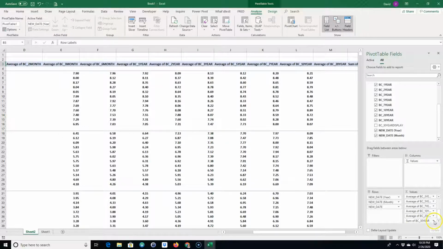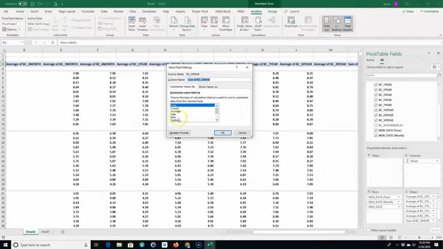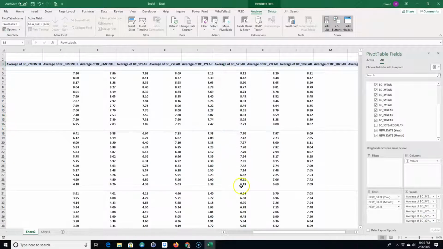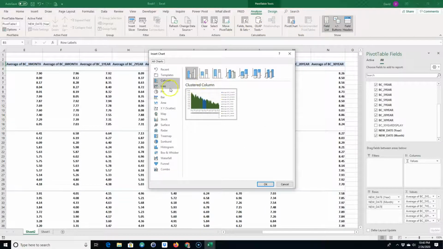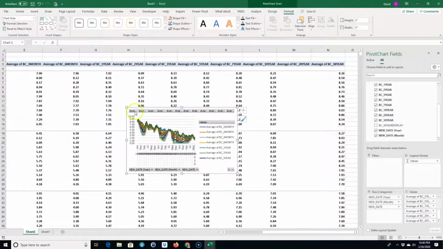Okay, and finally we're going to do a 30-year. So now we have all of these and the average by month. So now we can do something really cool. We're back up here in this contextual menu, and I'm going to go add a pivot chart, and I want a line chart. And then if I go OK, you can see